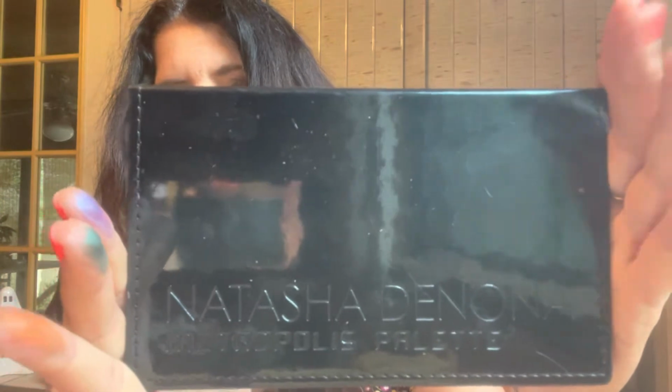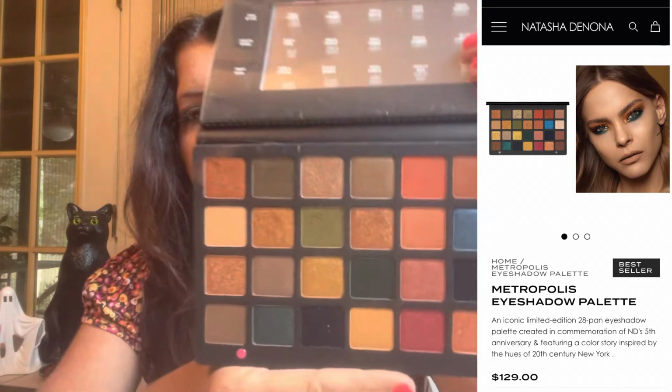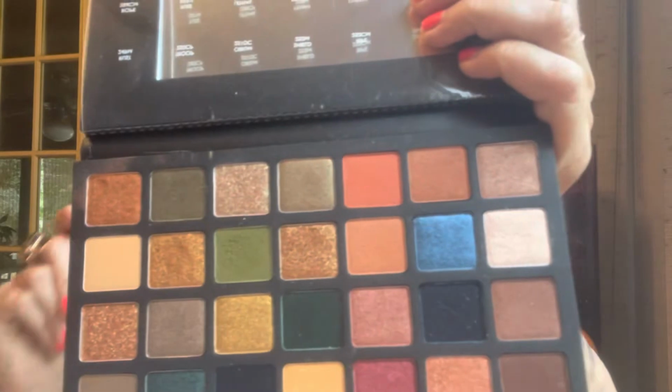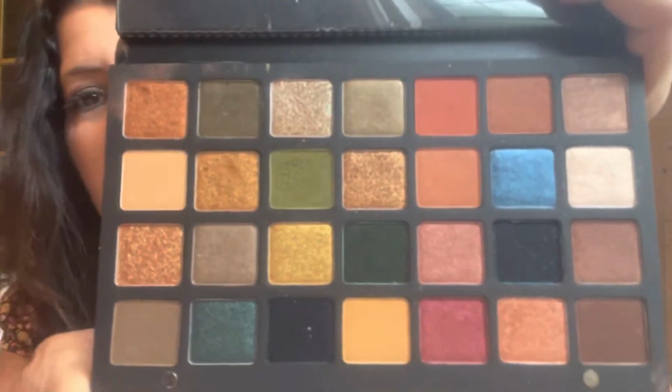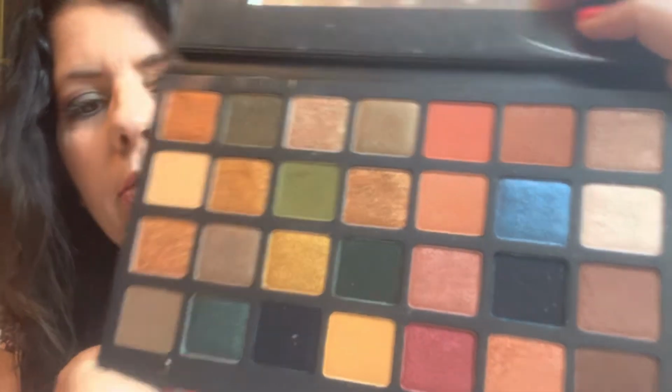One of my favorite fall palettes of all time is the Natasha Denona Metropolis palette. This is a 28 pan palette, and this has all the colors of the leaves. It's just perfect. It's available at NatashaDenona.com, $129. So I really, really love it. It's got all your coppers, all your greens. Let me get a few here. So that's Natasha Denona Metropolis, and